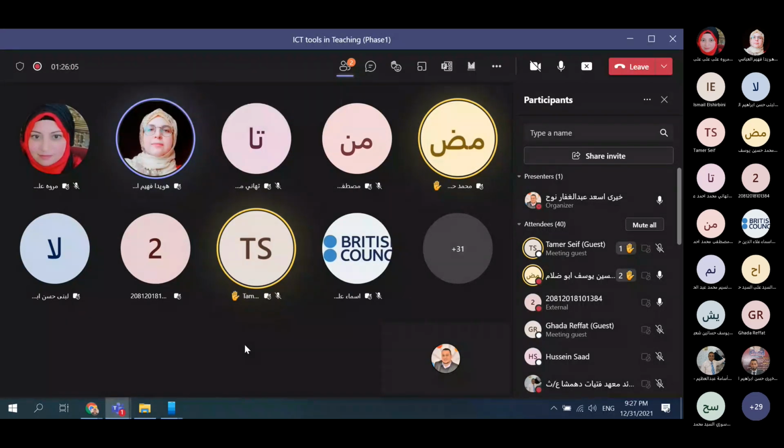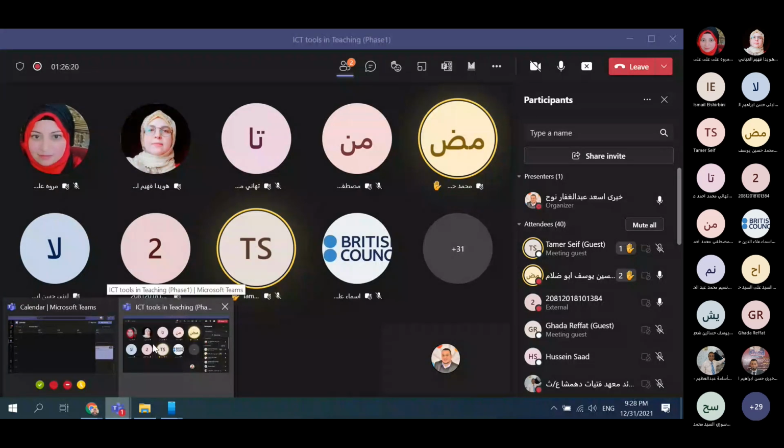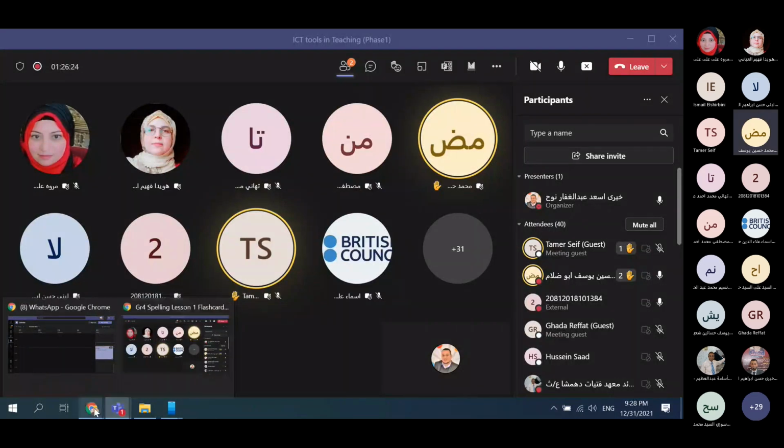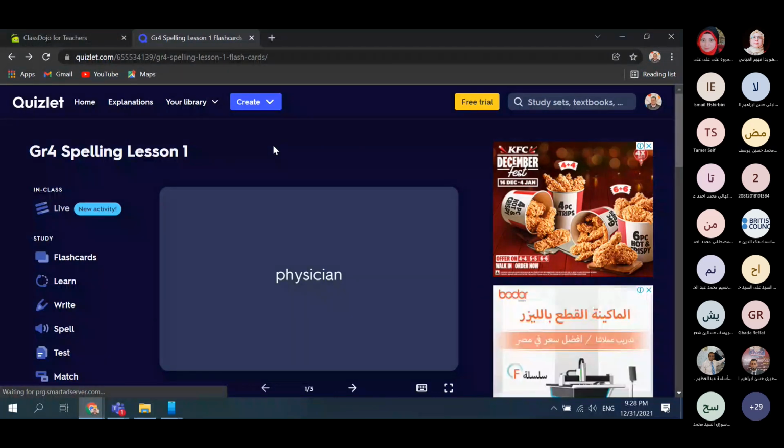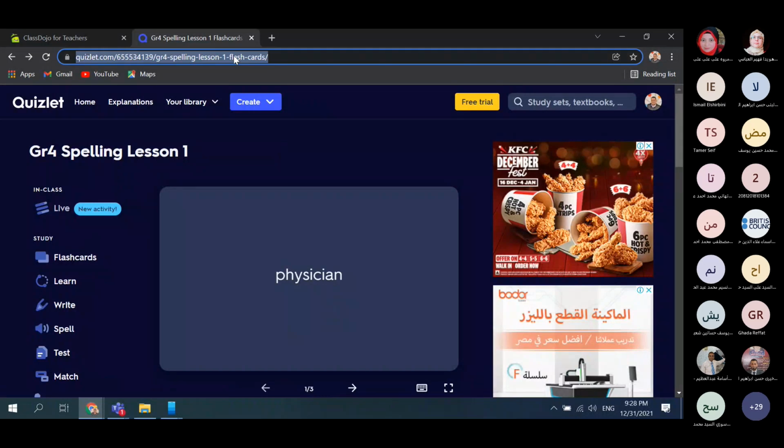Am I right? Yeah, you are right in some points, but Quizzes and Quizlet, for example, are totally different. We use Quizlet for vocabulary teaching. The main focus of this platform is vocabulary, nothing else. Vocabulary and definitions. In this platform, I send the student the link to this lesson, and he will find the 20 words, the 30 words already written with the definitions and images and everything. He goes to quizlet.com to practice, to memorize the spelling of these vocabularies